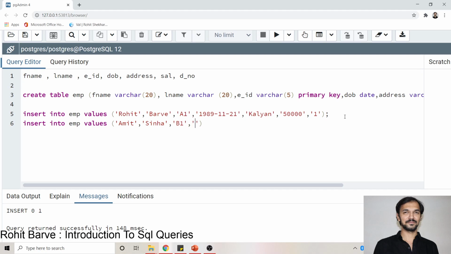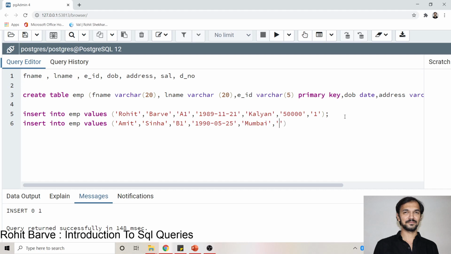Now the fourth value that I will write will belong to date of birth. Date of birth follows a critical format, so let us write in the format 1990, that is the year. Then we have to mention the month, so let us say 5, and then the date, so let us say 25. Then I have to mention the address, so let us say Mumbai.